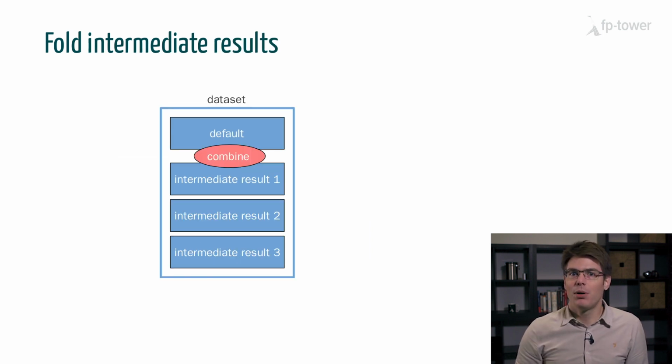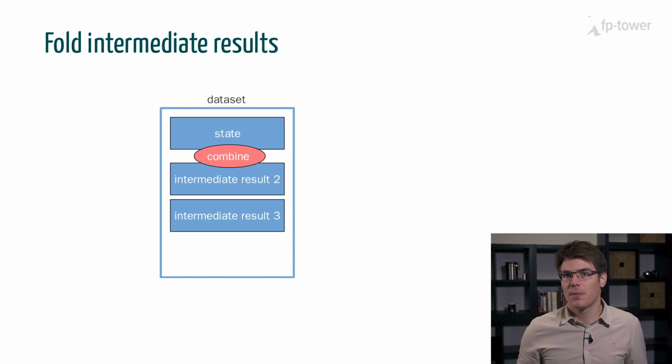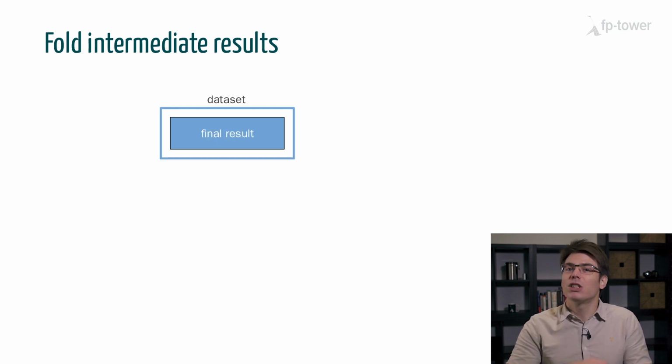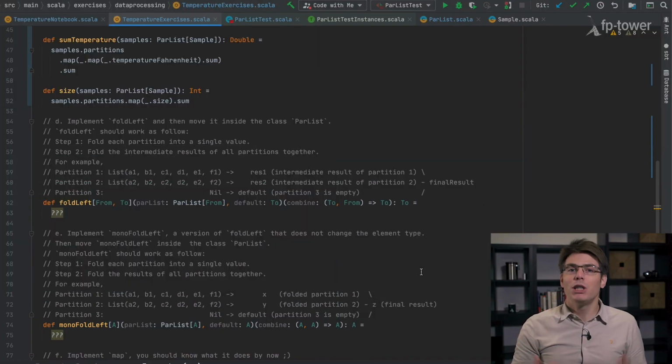In the next step, we fold all the intermediate results using the same default value and combined function that we use for the partitions. Finally, once all the intermediate results are processed, we obtain the final result. Does that make sense? Okay, if so, let's go back to the temperature exercises file, where we'll try to implement